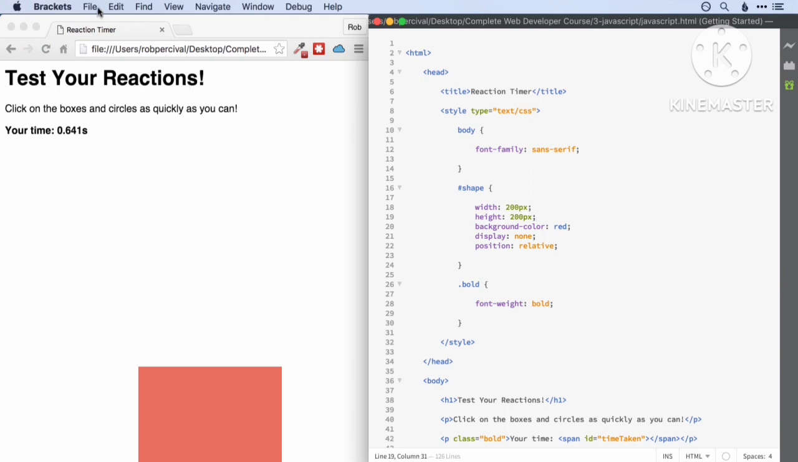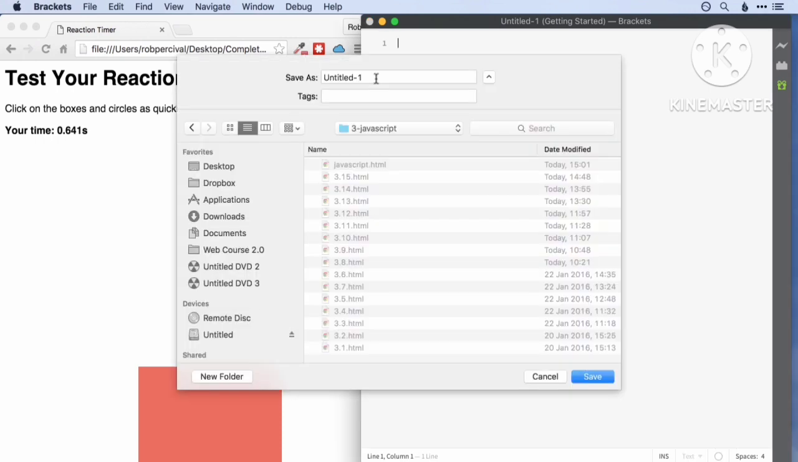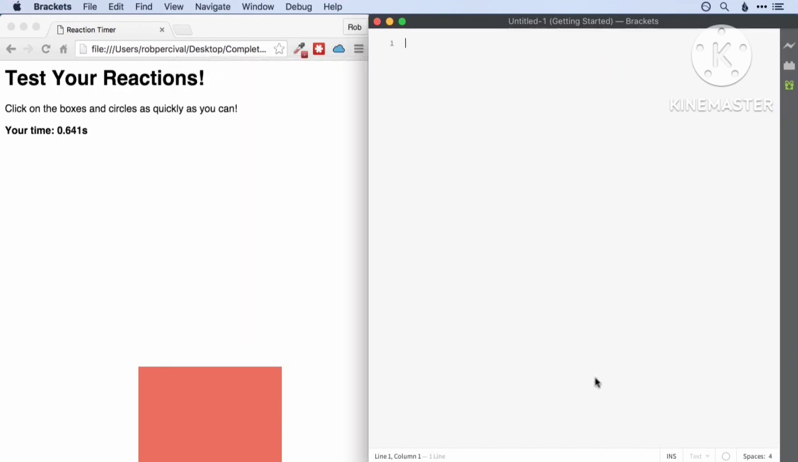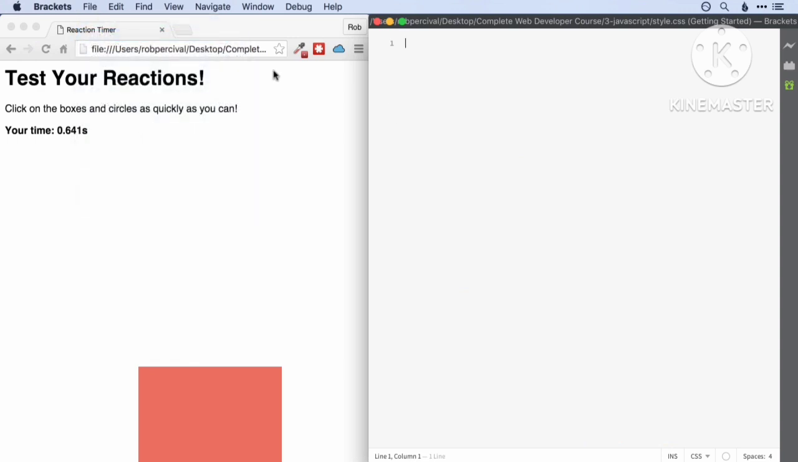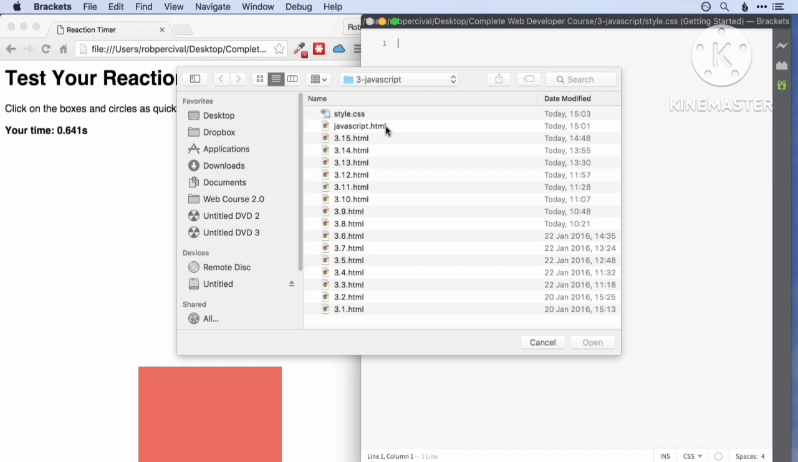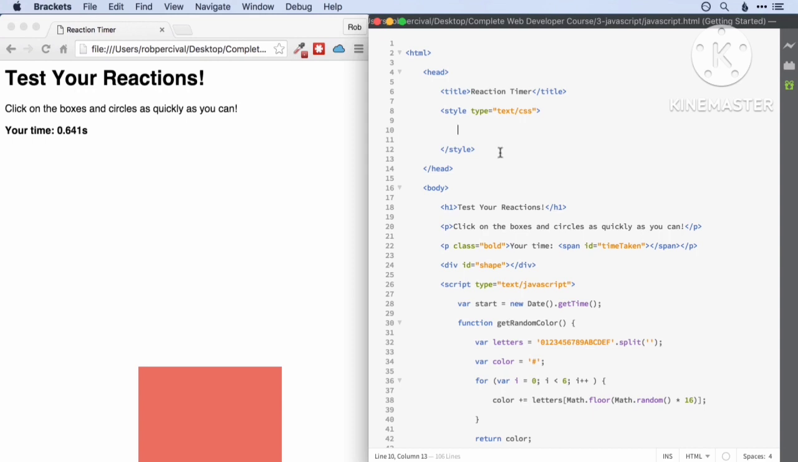So let's first separate our styles to remind ourselves how we did that at the end of the previous section. We're going to create a new file, and I'm going to call this style.css in the same folder as the javascript.html file. And then I'm just going to open up the javascript.html again